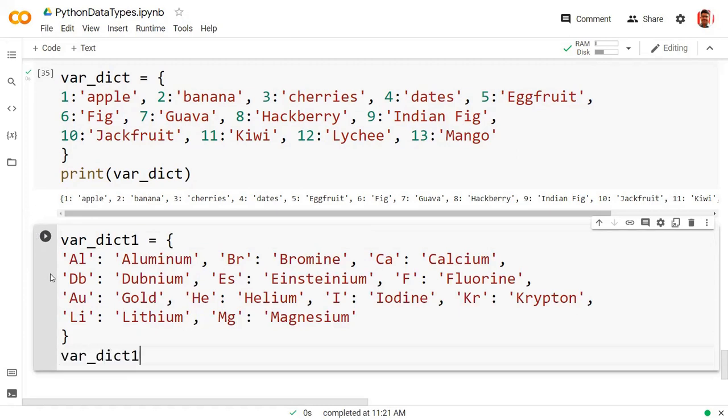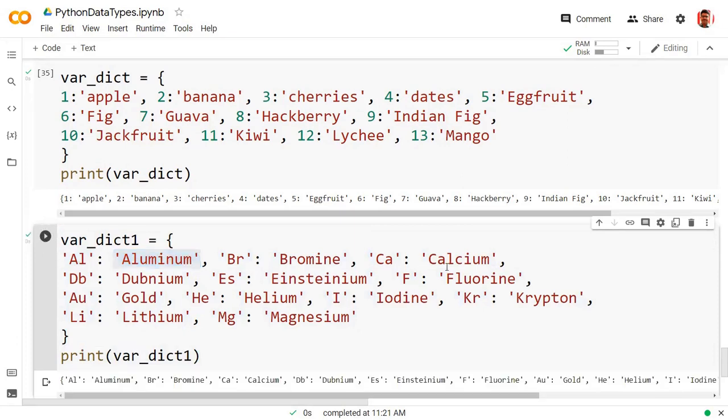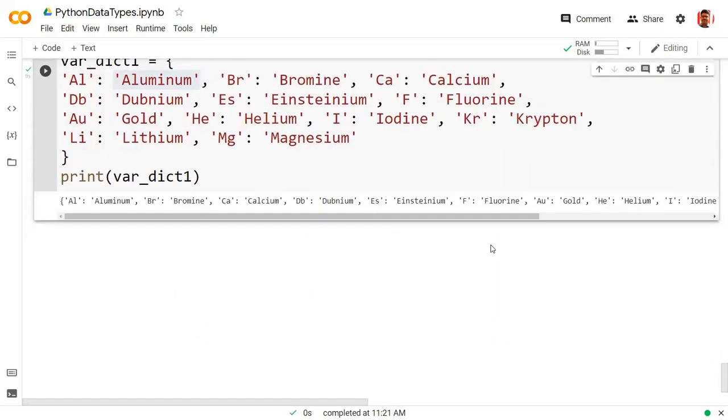So now right here you can see that my dictionary is a combination of key and value, whereas my key is also a string and my value is also a string. So that is also possible. In the previous case, we have taken numbers as keys and strings as values.